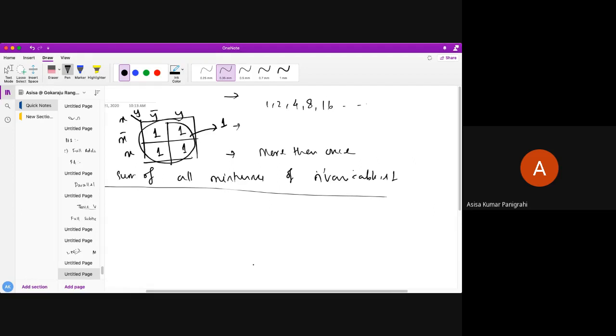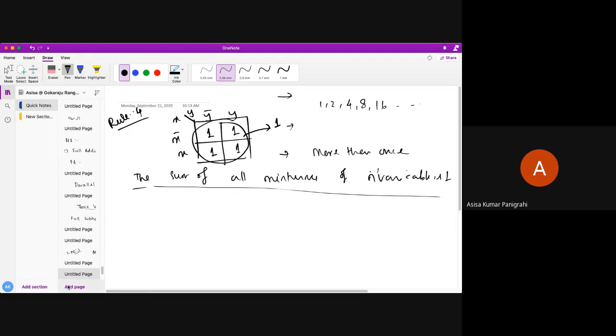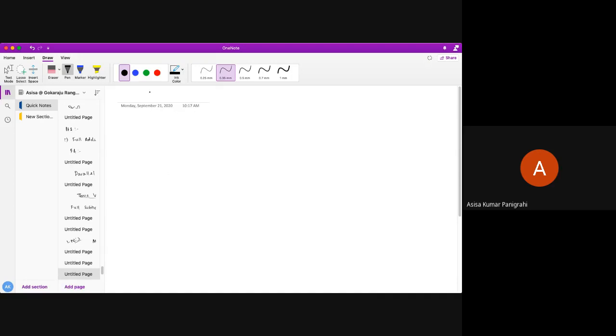So we'll start with the new part today, the three variable K-map. How do we construct it? Remember, a three variable K-map has three variables, let's say x, y, and z. Always remember, x will be the MSB and z will be the LSB. After that you can start constructing. Three variables means 2 to the 3, so 8 cells are required to construct the K-map.